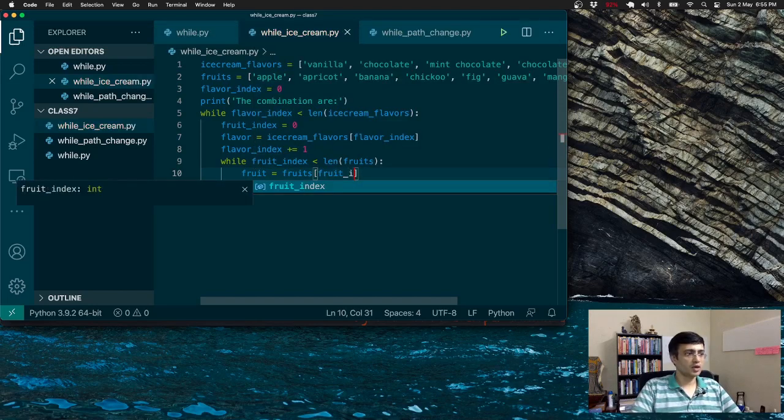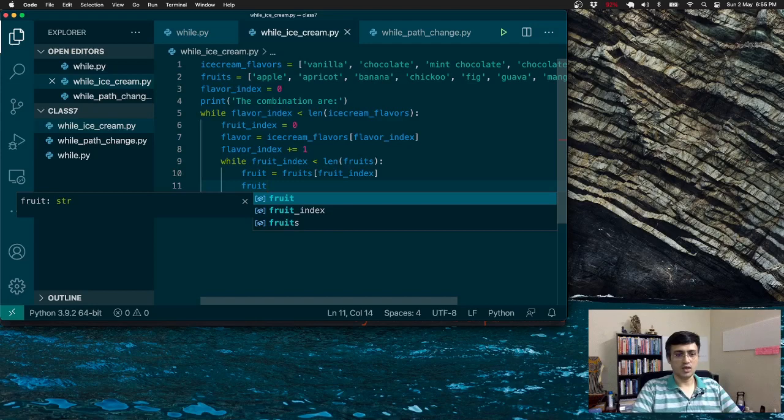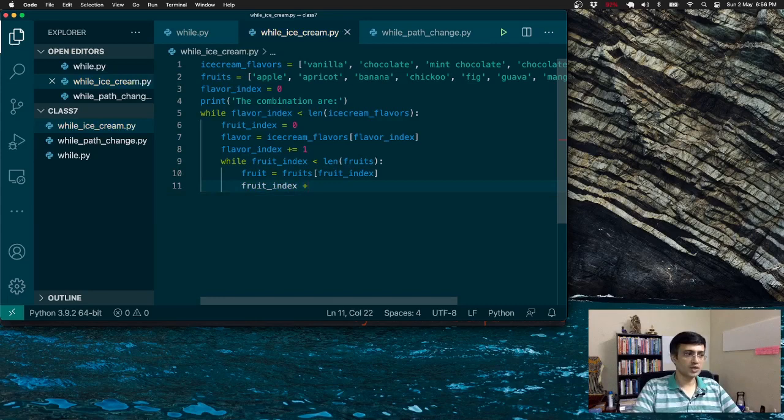So now I got my fruit which I'm going to print, but I have to ensure that this loop does not get stuck here, which means I have to increase the index, otherwise it will get stuck on the first fruit, just apple. But I want to go further and go to the next fruit. So this time again I have to do plus equal to 1, which means it will go from 0 to 1,